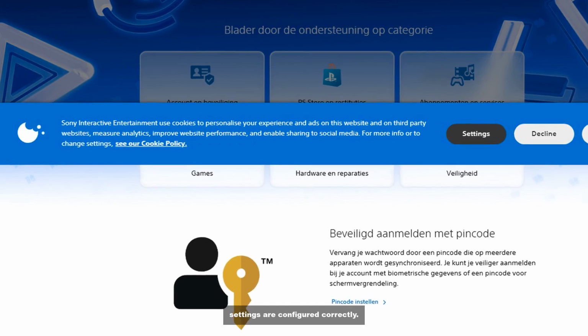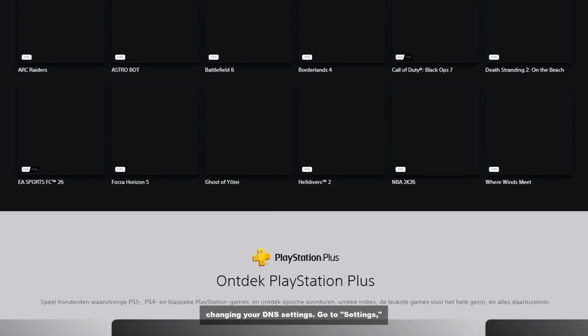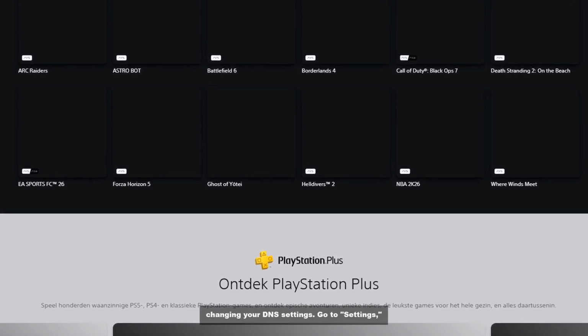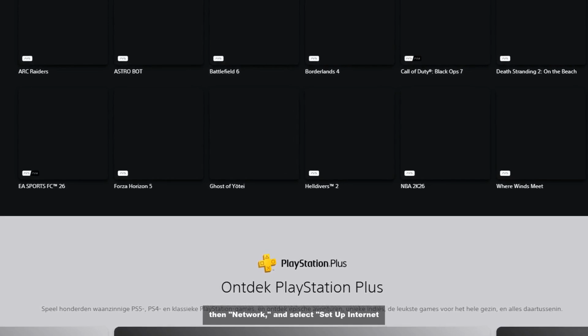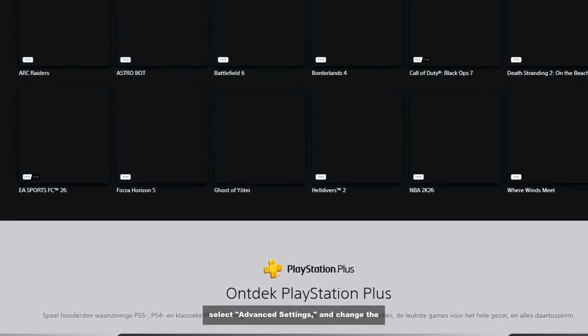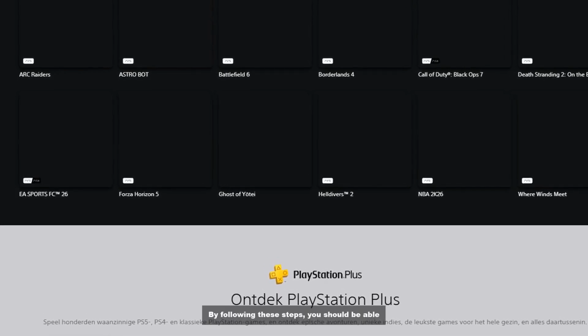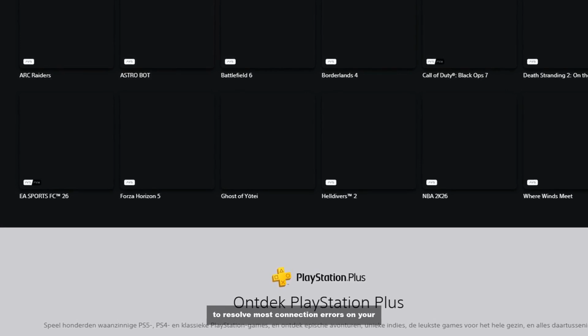Step 5. Change DNS settings. If you're still experiencing issues, consider changing your DNS settings. Go to Settings, then Network, and select Set up Internet Connection. Choose your connection type, select Advanced Settings, and change the DNS to public DNS like Google's 8.8.8.8 and 8.8.4.4. By following these steps, you should be able to resolve most connection errors on your